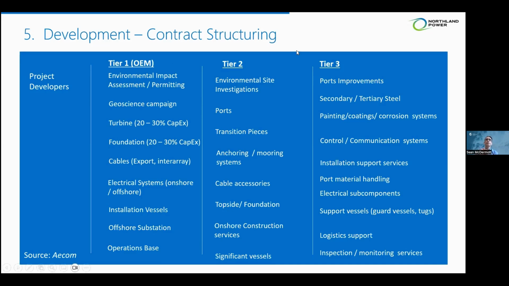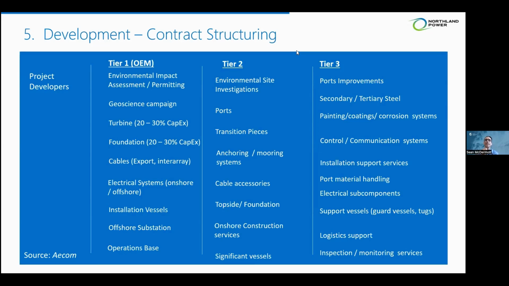Then the second group of projects, the second bucket of companies, project finance. And I'll talk about project financing in the next slide as well. But in project financing, which is what Northland does, we will put equity into the project in a range of 25 to 30%, and then we borrow the rest from a group of lenders. And we would borrow 70 to 75, ideally 80% of debt from a range of lenders.